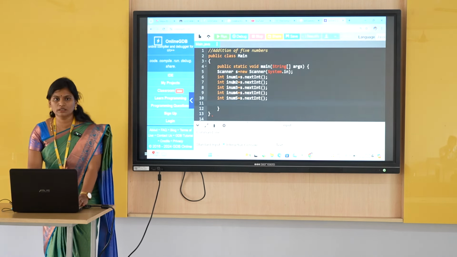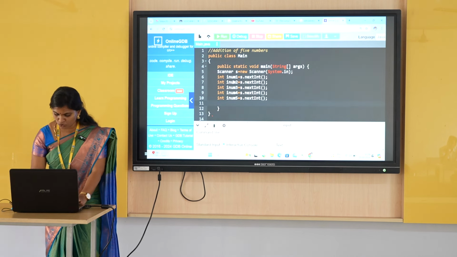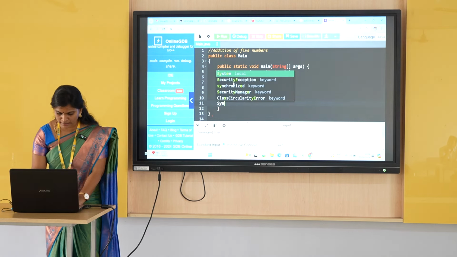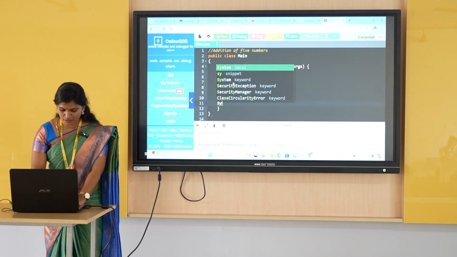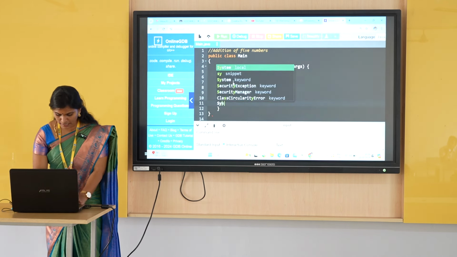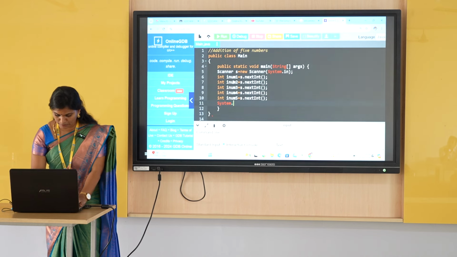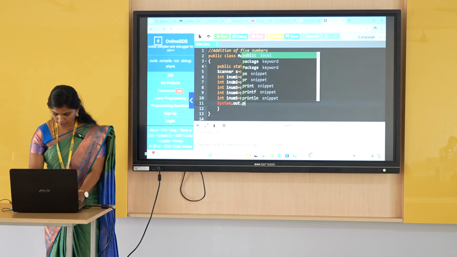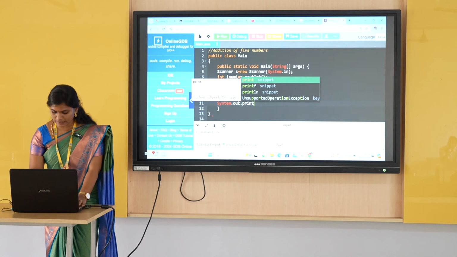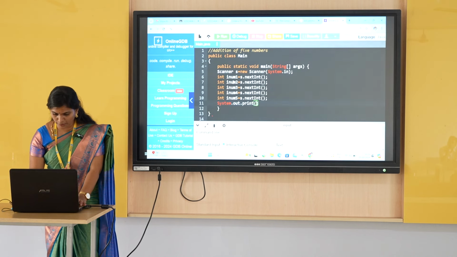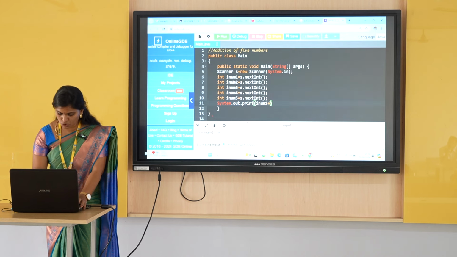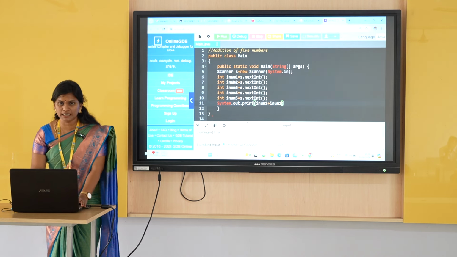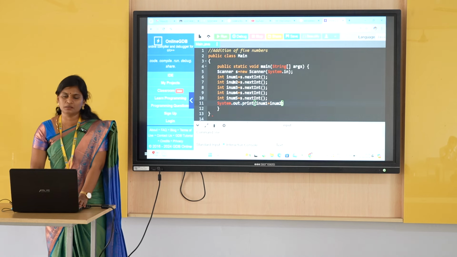Once we have all the numbers, you have to display the sum value directly, without creating another variable. Directly I am going to calculate by using System.out, either you can use print or println. I am going to add your first variable inum1, using arithmetic operators.